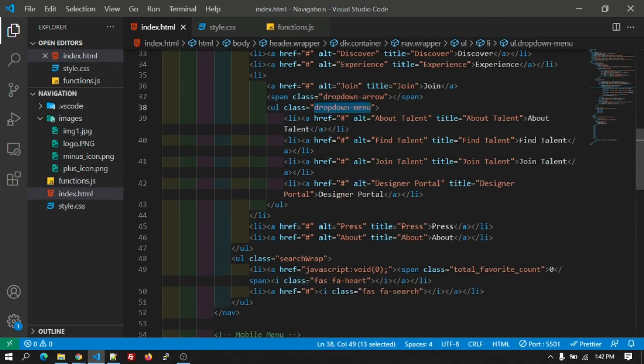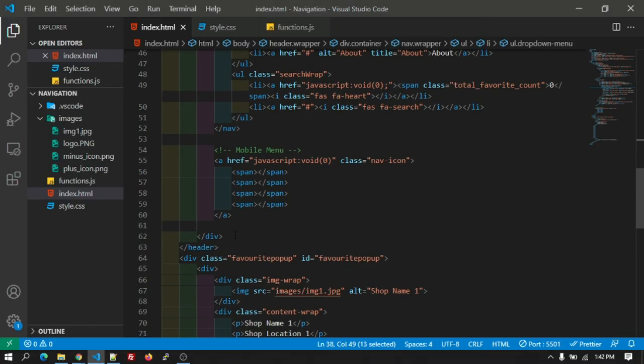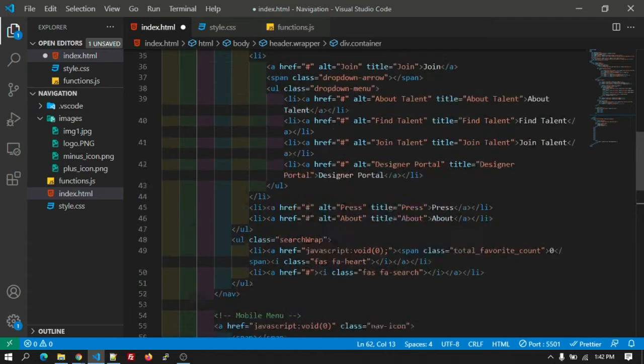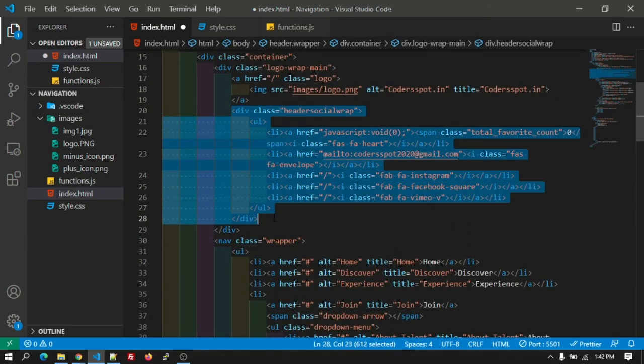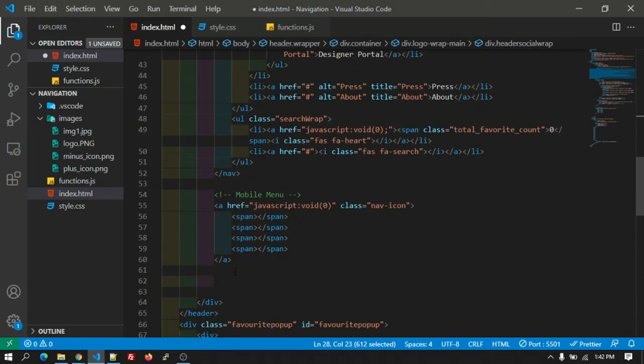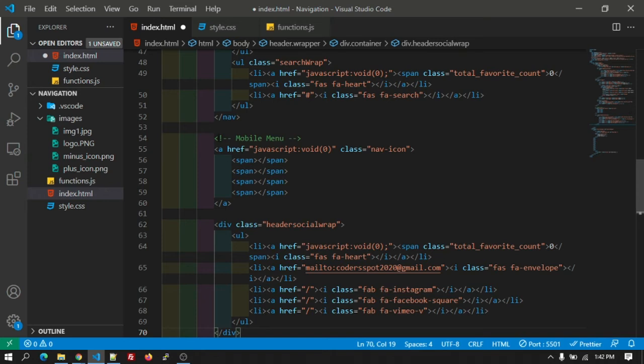Let's go to here, and below the nav icon, right? Let's copy the desktop social wrap div, and let's paste it below the nav icon. Let's give the comment as mobile social media icons.